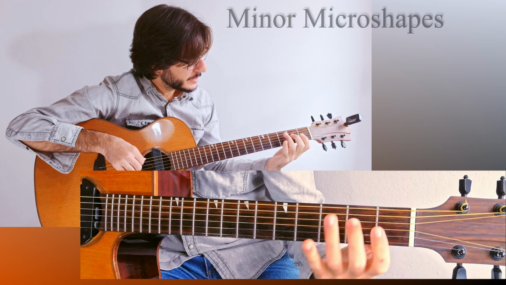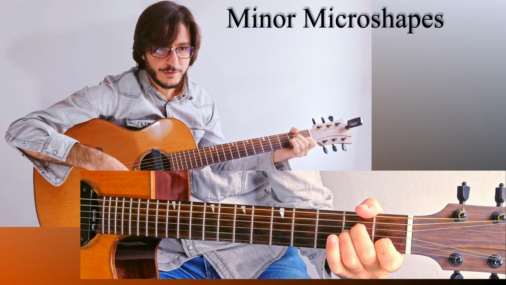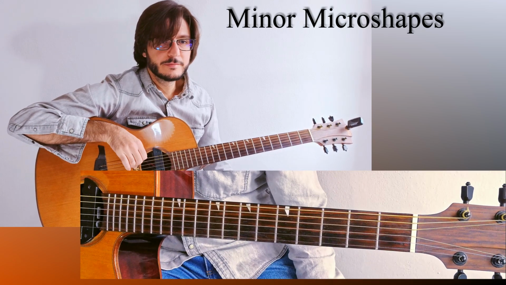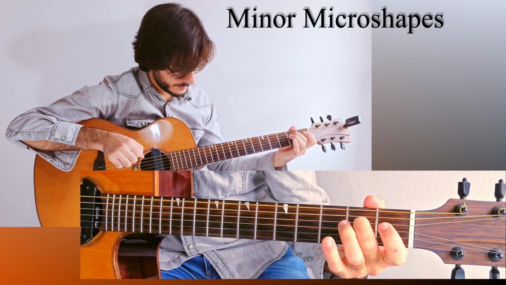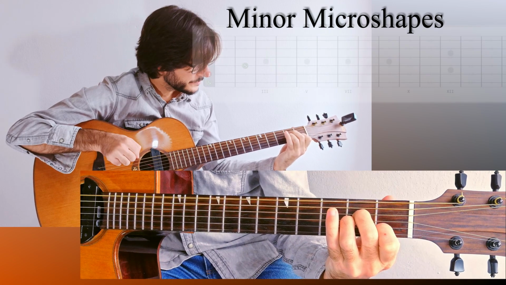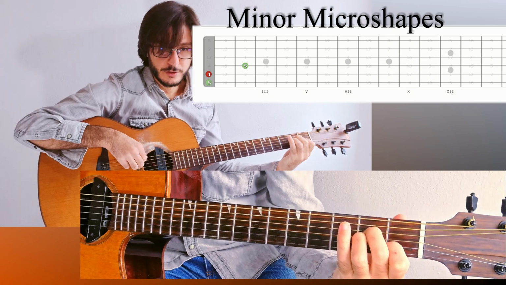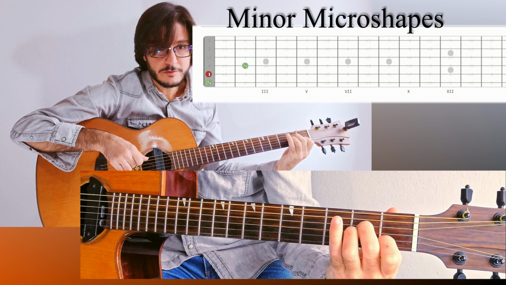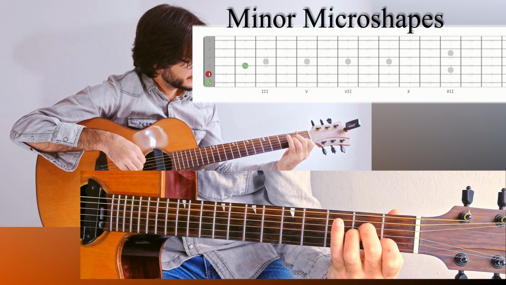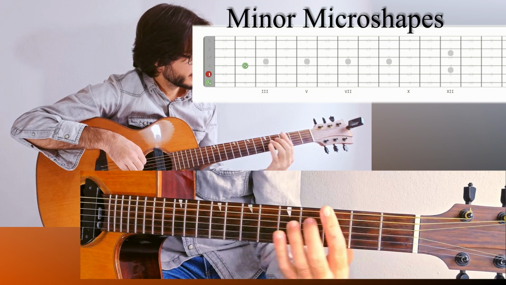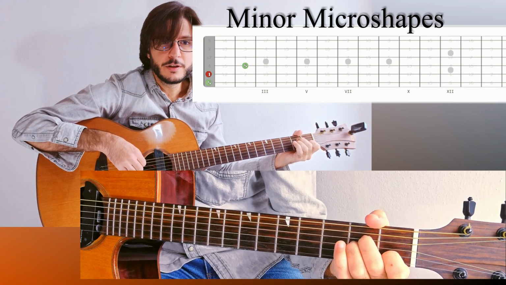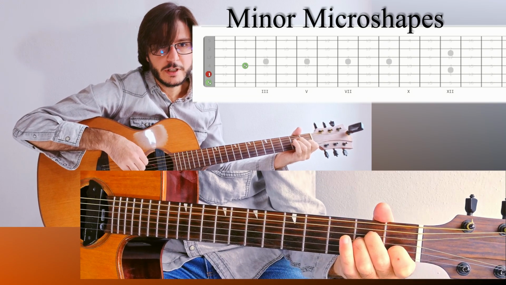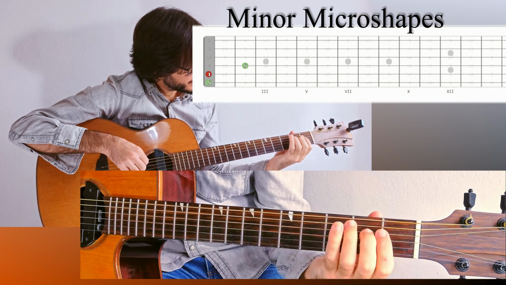So let's talk briefly about the case of minor chords. Let's face again the case of A minor chord, and again the last 3 chords. The first microshape is this. So in this case the root is A. So now this microshape is root and 5th. This is actually the same as here. So for microshapes that don't contain the 3rd degree, the case of major is the same as the case of minor. So the next possible microshape is this,